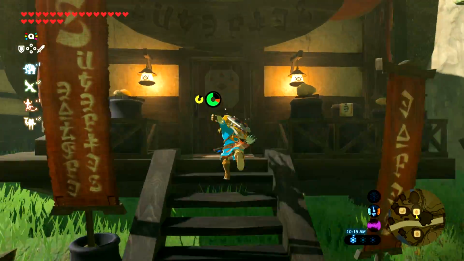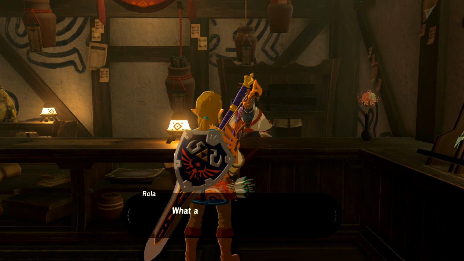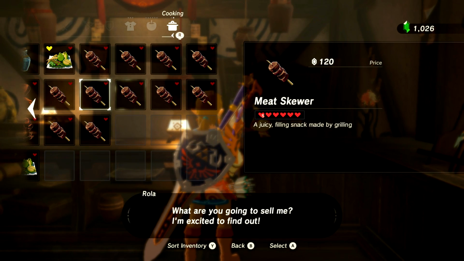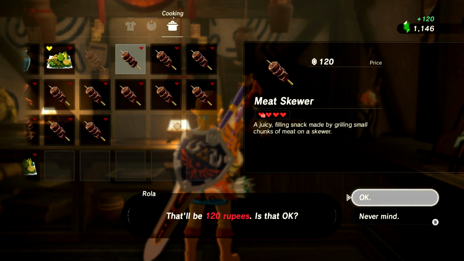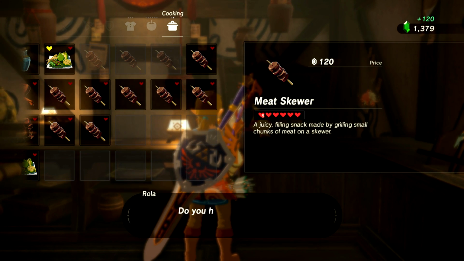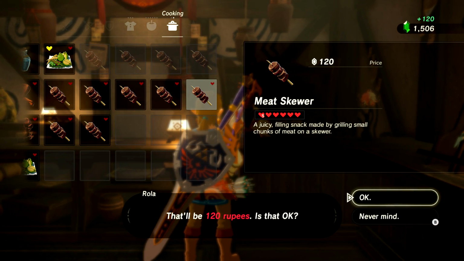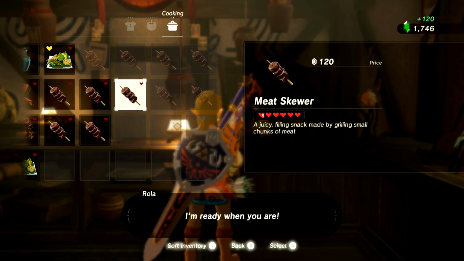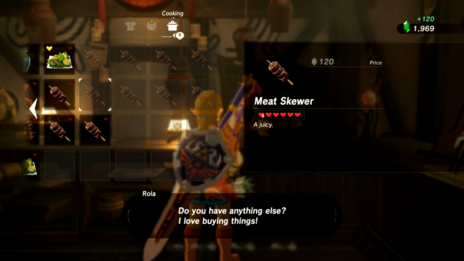Actually, let's see how many rupees this will get me. So, alright, I want to sell. Okay, so let's check out the food we got. As you can see, so many meat skewers, each one selling for 120 a pop. That's actually pretty good. We're going to get a lot of money out of this. Literally over 1,000 by selling all this, which is not bad. Way more than 1,000. What am I saying? It's not even 100 rupees per one, it's 120. So we're definitely going to have more than 1,000 rupees from doing this,